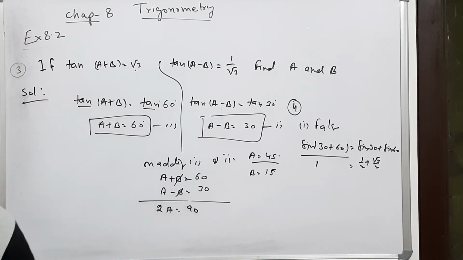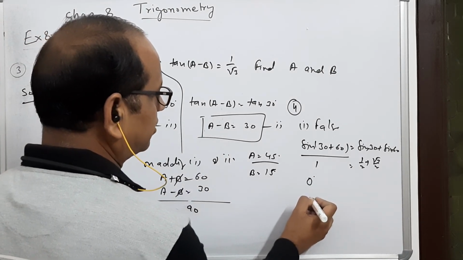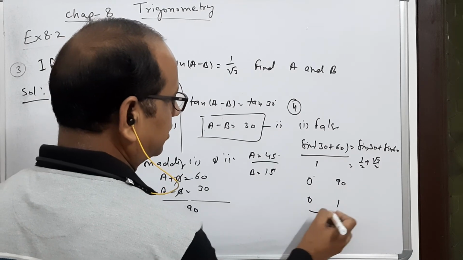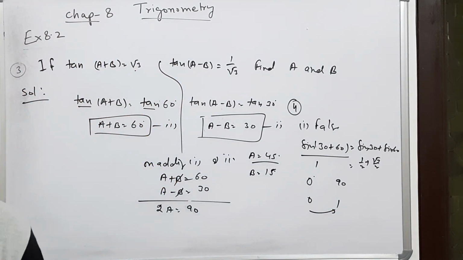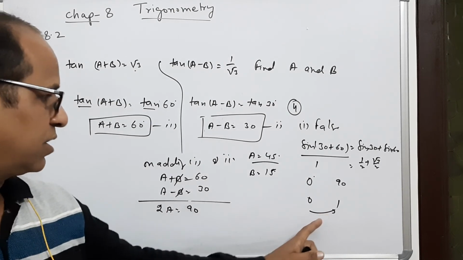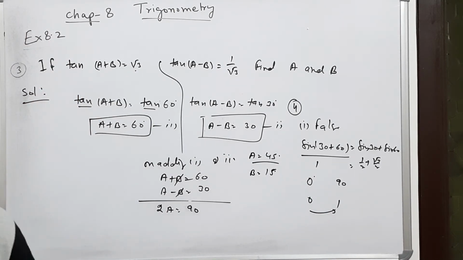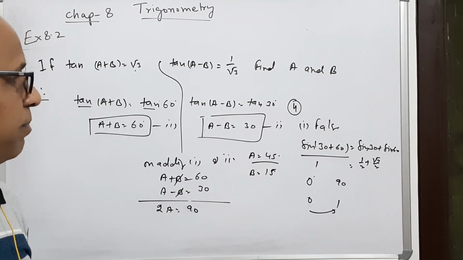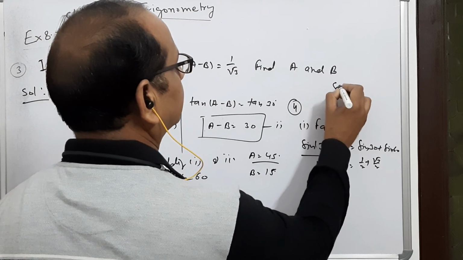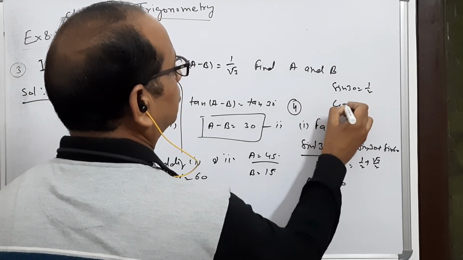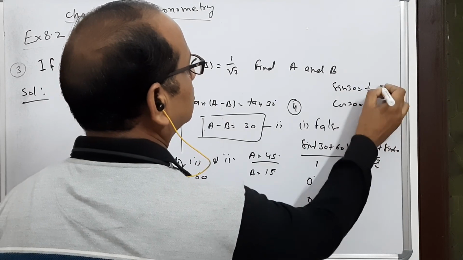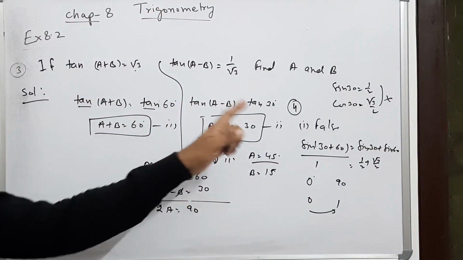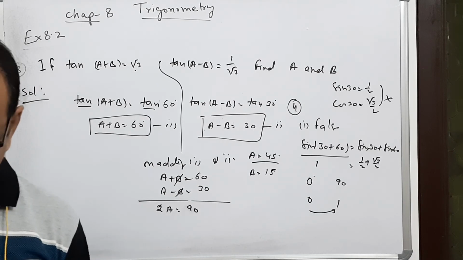The second is the value of sin theta increases as theta increases. Yes, right. The value of sin 0 is 0 and the value of sin 90 is 1. So it is increasing. So the second is true. But the third is false, because cos theta is decreasing and here it is written increasing. So it will be false. The value of sin theta and cos theta are equal. It is wrong. Sin 30 is 1 by 2 and cos 30 is root 3 by 2. They are not equal. They are equal only when the angle is 45 degrees. So again it is false.